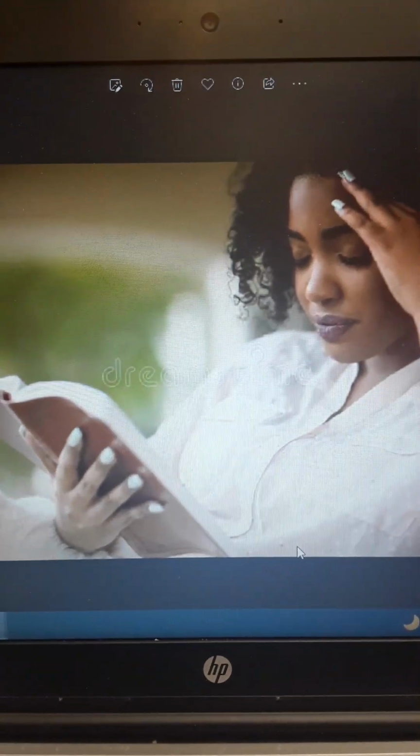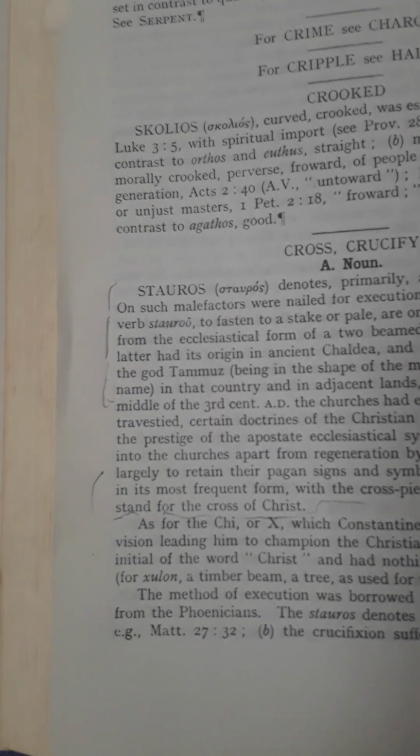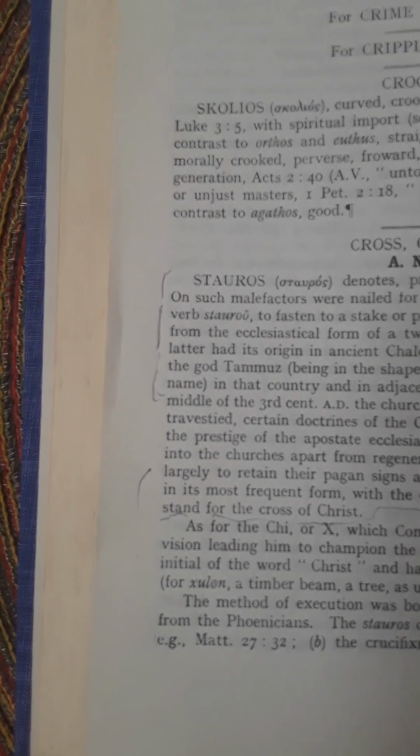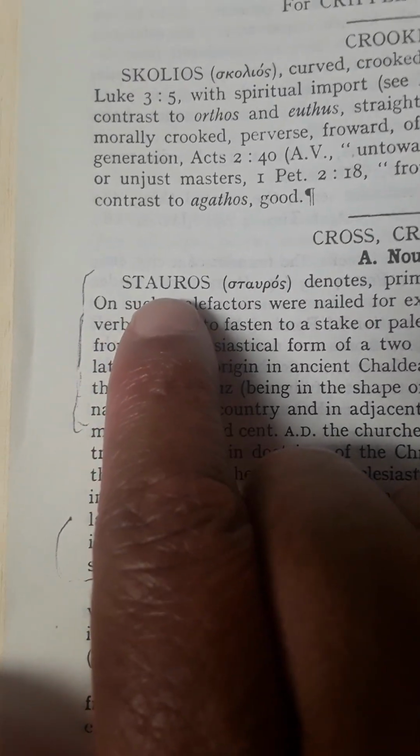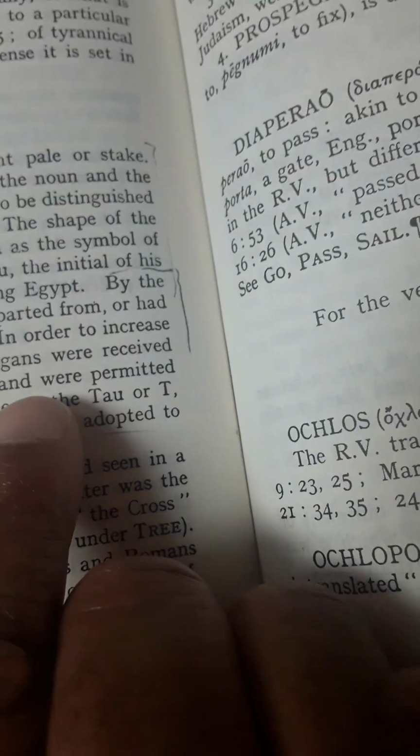So let me share one last thought with you, friends. Just want to continue on in this book, the Expository Dictionary of New Testament Words, under stauros here, or under cross, and then the Greek word is stauros, as we mentioned, connection to Tammuz. But let me just share this last paragraph here. It says here,